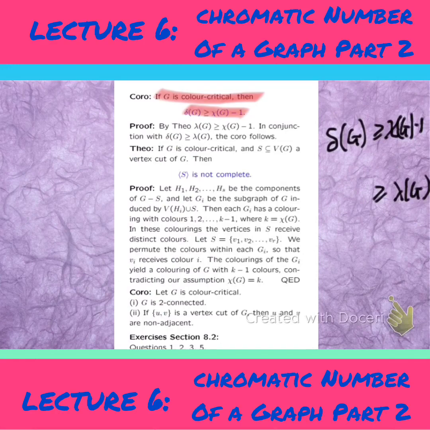Okay, now if G is color critical and S is a subset of G and S is a vertex cut of G, then the subgraph induced by S cannot